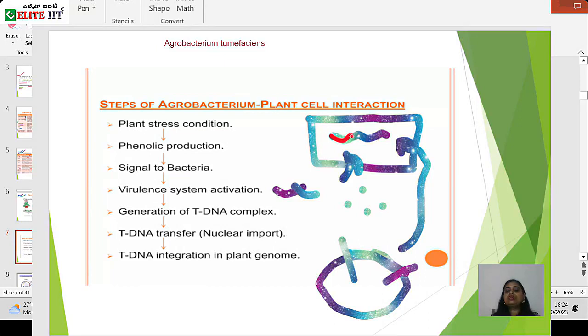This is the natural case, it is happening naturally. Okay. So wound, phenolic compound production, signal to bacteria, virulence system activated, separation of the tDNA. tDNA is transferred from the bacteria to the plant, and inside the plant it is integrated into the genomic DNA, the plant genome. Is it clear,